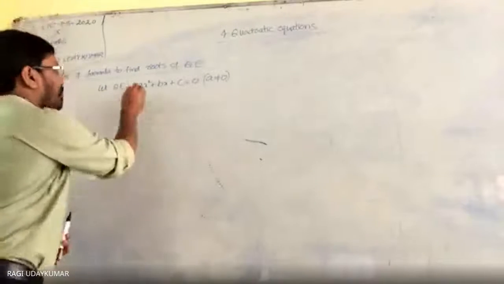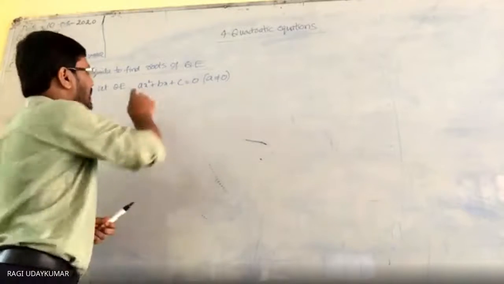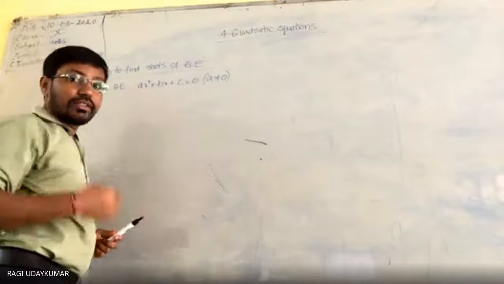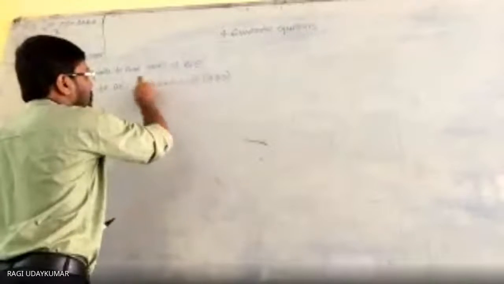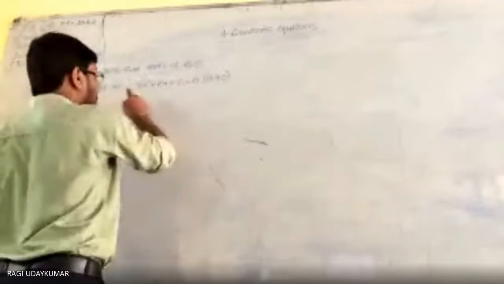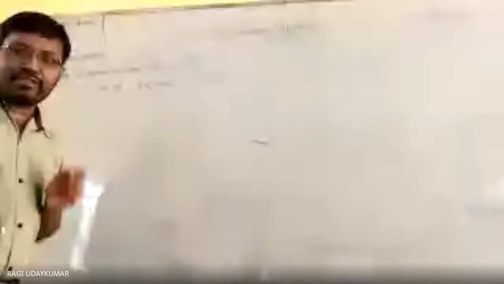Now here what to do? First thing is, in the completing square method we have to make the first term a perfect square. Here it is x square, but a is not a square. So you can multiply the complete equation by a, or you can divide the complete equation by a. There are two options. Our motto is to make this term a perfect square. Perfect means whole square.